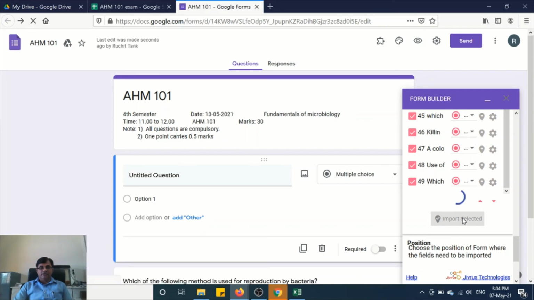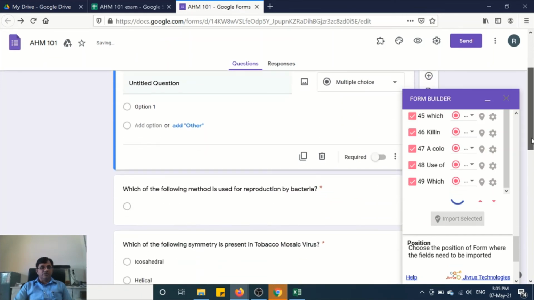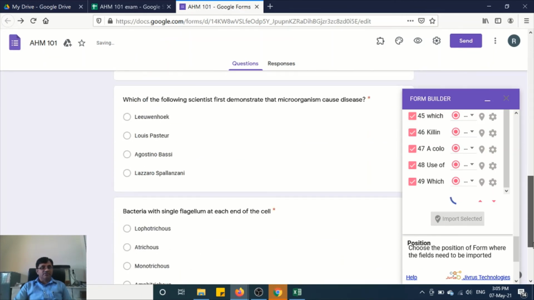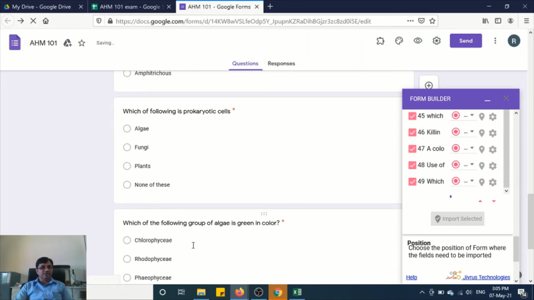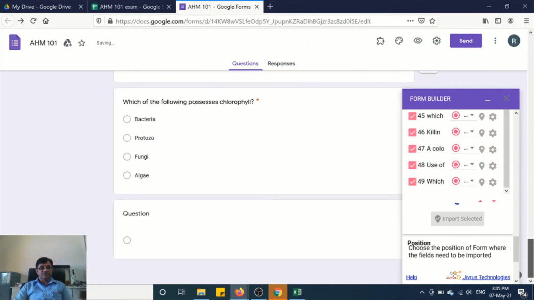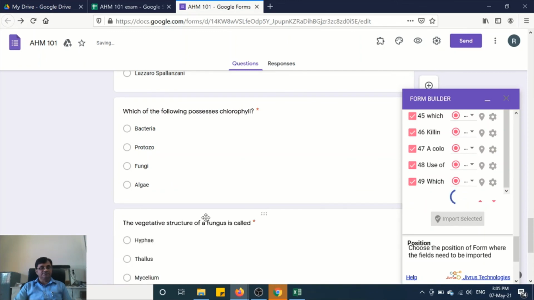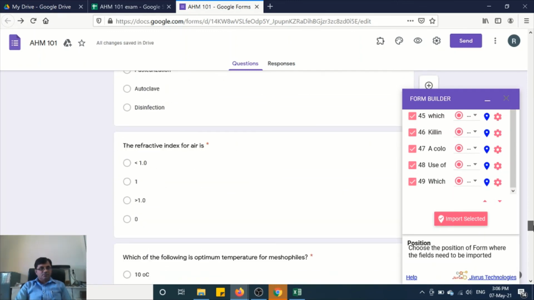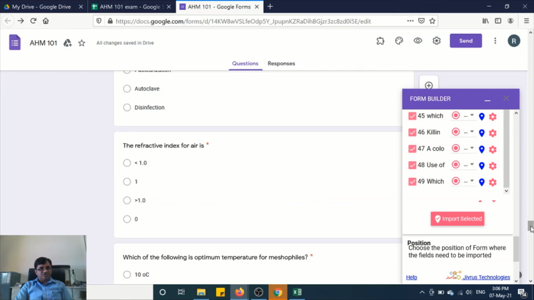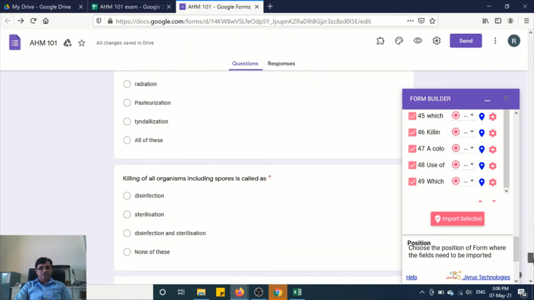Now it will import your questions from Google Sheet to our Google form. Here you can see one by one questions are being uploaded. It is coming. You can see all the questions have been imported here successfully.